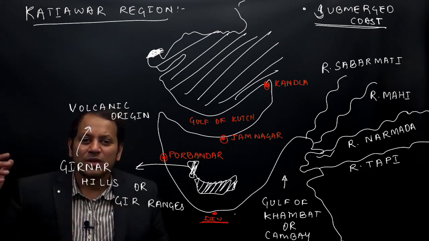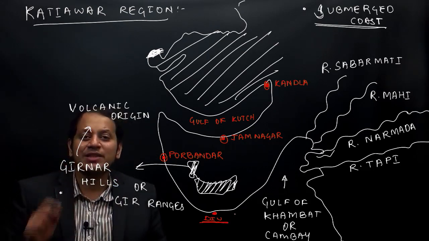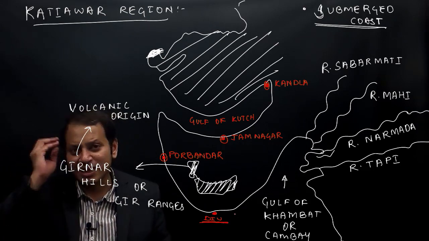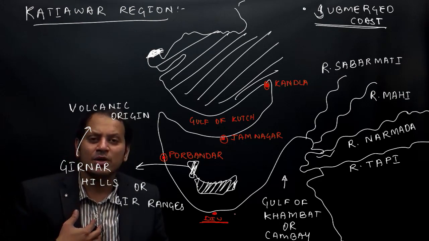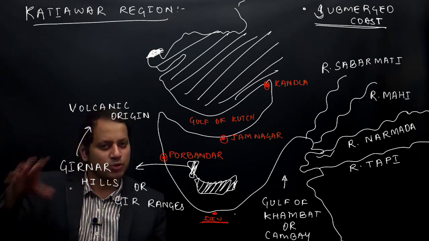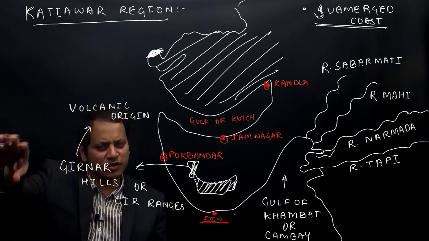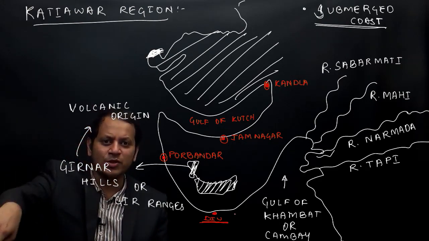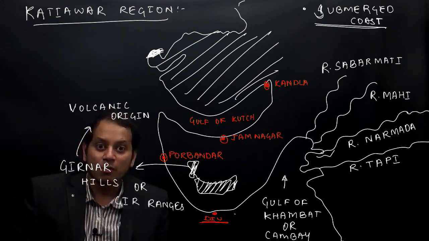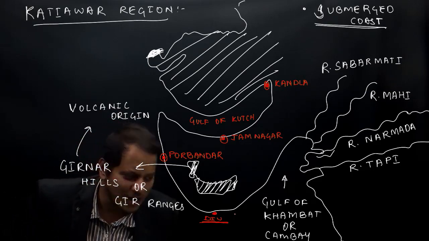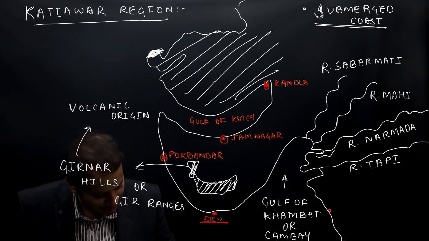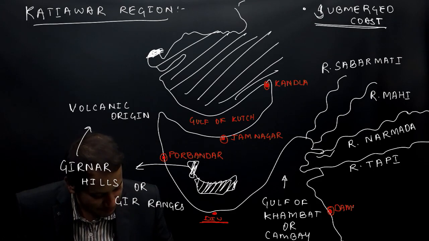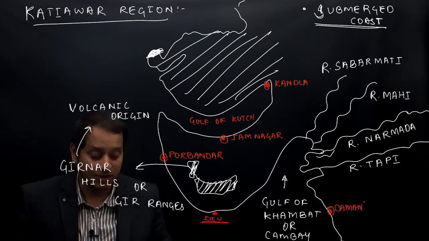Just why I chose to show you on this type of board is so that it gets fixed in your mind. Even you do not know where the questions can come, neither do I know, but we can predict some of the areas. As a geography student, as a UPSC student, you should have an idea where Diu is located. Near Gujarat. What we call Diu and Daman. So where is Daman located? Daman is located here.